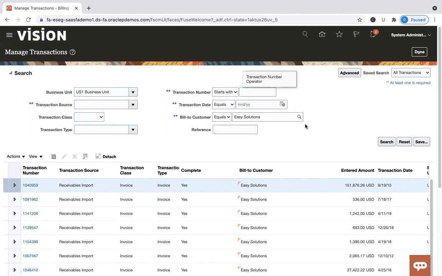And maybe the company that I'm working for, they deal with a specific customer quite frequently than others. So I would also want the bill to customer to be defaulted. In all other scenarios, I would change the bill to customer name and search for invoices with other customer number. Or maybe a transaction source, or client might ask you to default a specific value in there. And the requirement is when user navigates to this particular screen, they should be able to see a default search criteria, which is automatically applied. So if I click on done here,